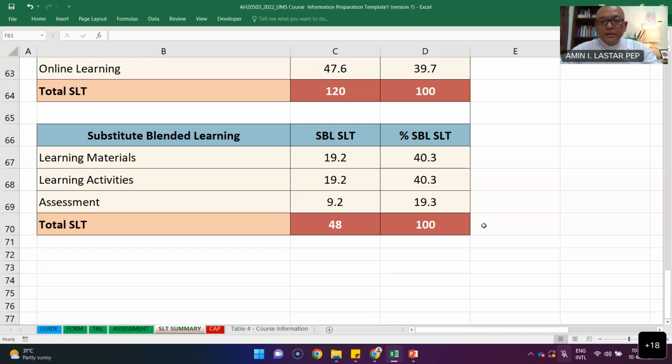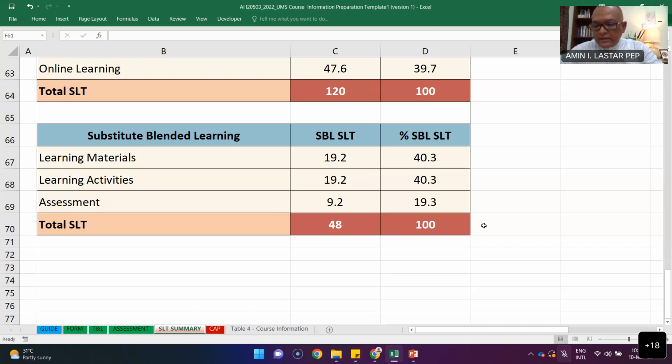Because we have to have 100 here, otherwise it won't work. So that's why you have this 40.3, 40.3, and 19.3. If we try to fix these numbers, somewhere up there will be changed. So it's quite complicated, because the numbers need to tally between this part and the other part. So I cannot say much about this one. I'm just sharing that it needs to be indicated in our table 4.